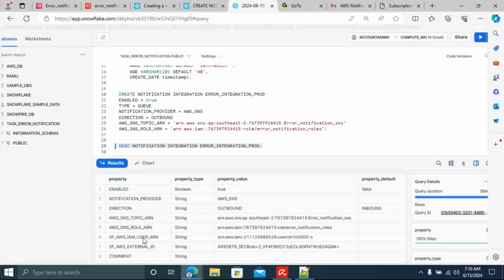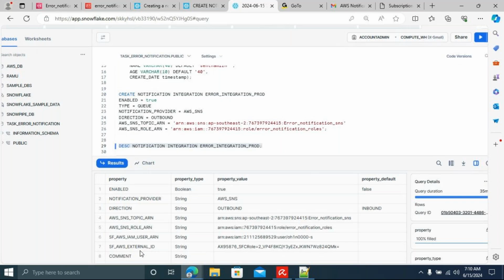In the role we have the trust relationship, as I already said to you. You have to configure these things. Then only will Snowflake handshake with SNS. Otherwise, Snowflake will not accept any of the incoming requests. These two parameters decide that there is a trusted relationship with the third party.